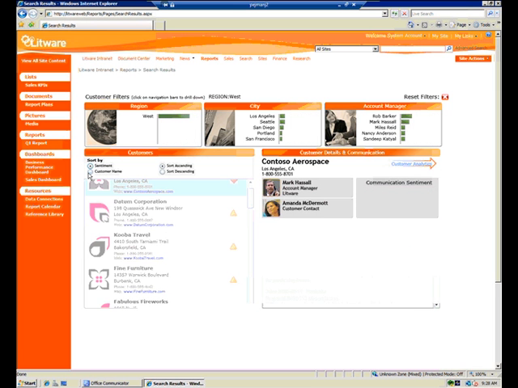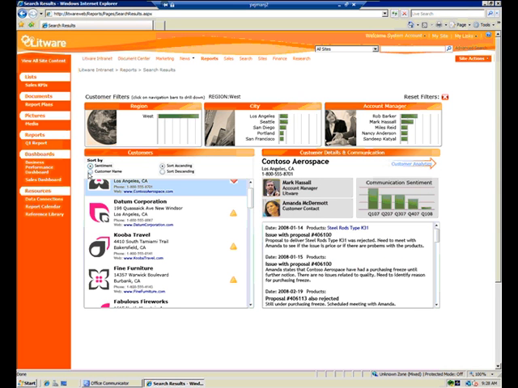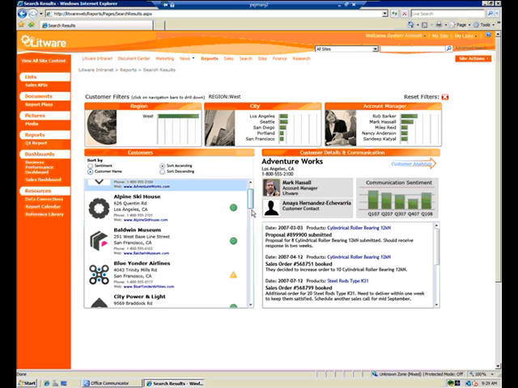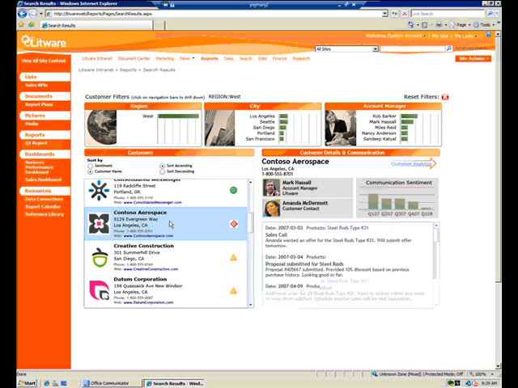I also can do another type of search, which is sort on sentiment. So this is looking at all the content within the environment and how it's tracking. Is it a positive tone or is it a negative tone? And I can notice that on both sentiment and customer, there seems to be a problem with Contoso. So there seems to be some negative communication taking place around Contoso. So there's a lot of chatter, as well as Contoso tracking red from a KPI perspective. And this is something that I want to find out more